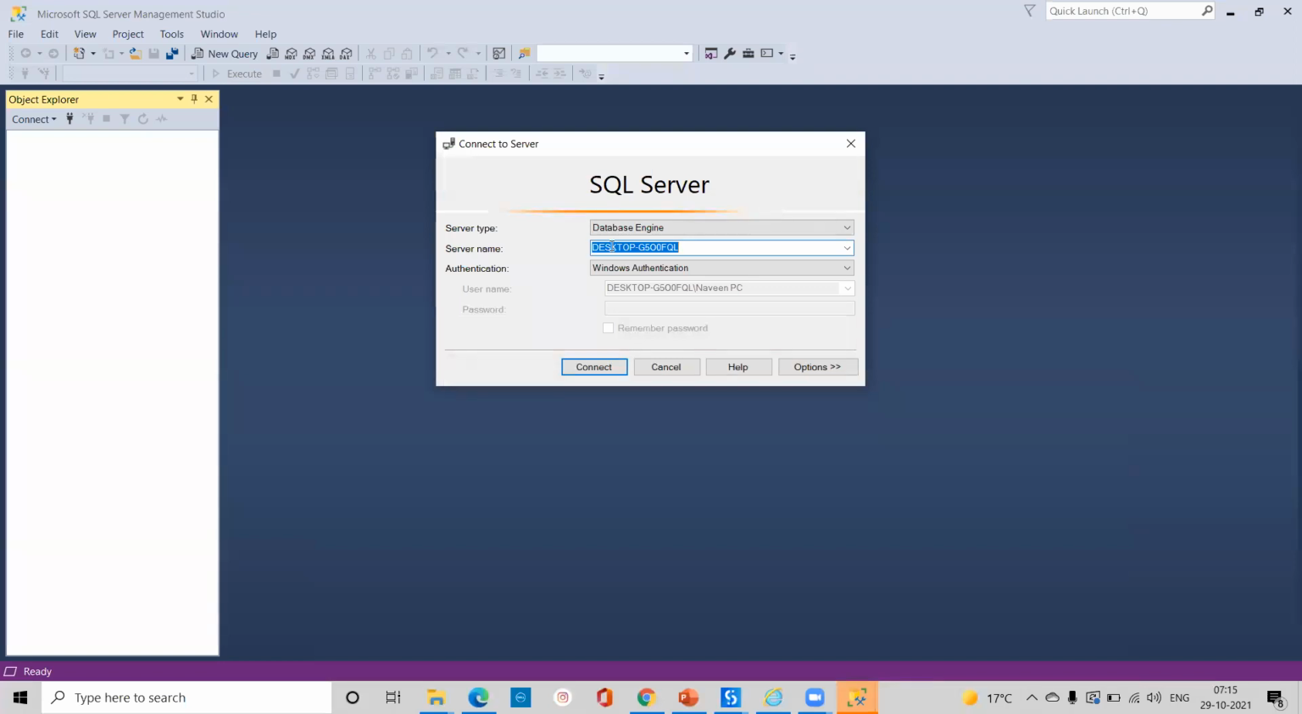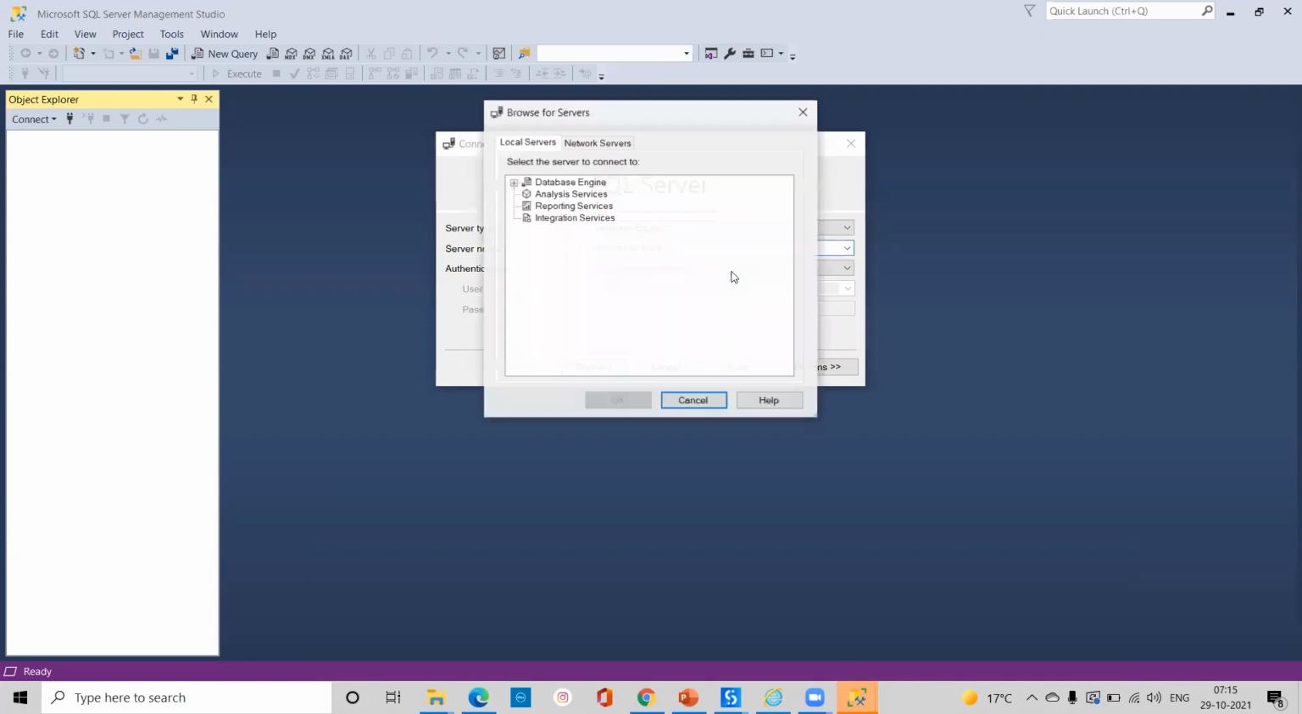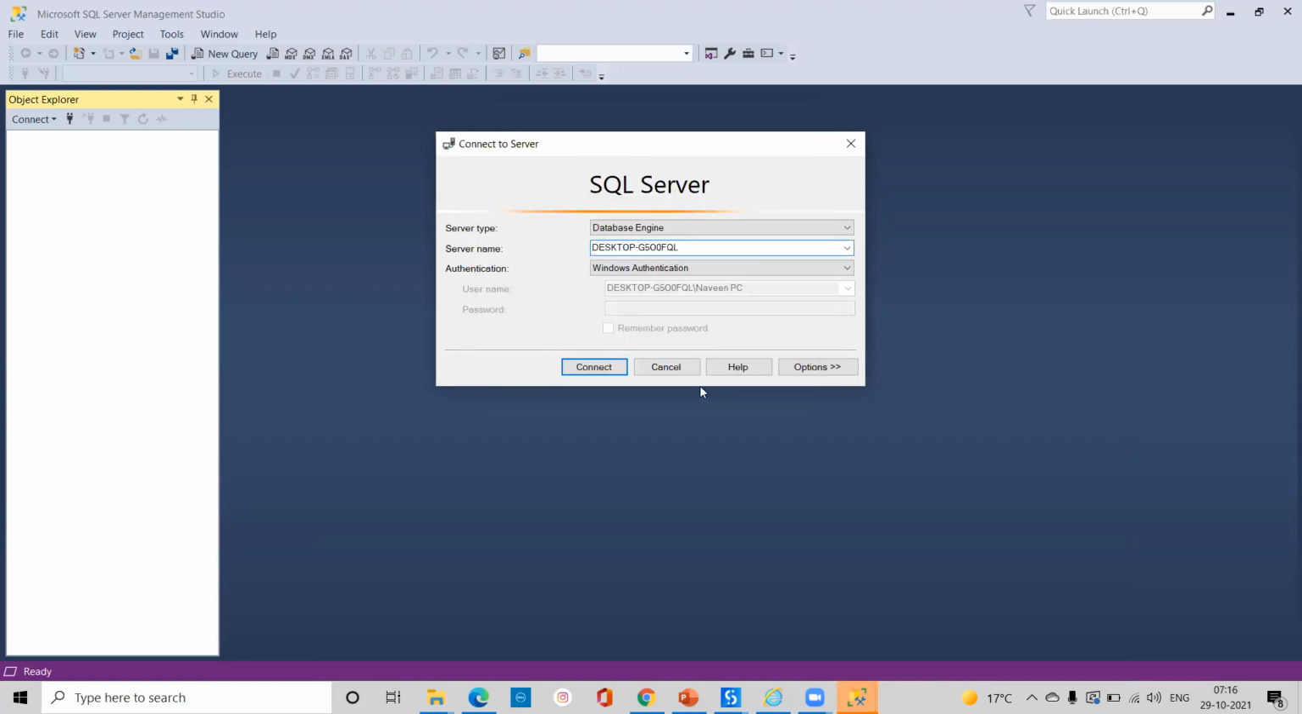Sometimes whenever you open it, you will get a blank. So you have to click on the drop down and click on Browse for more. There you can set the Database Engine. Sometimes if you don't get it, you have to uninstall your database and install it again. Okay. What we'll do right now, we'll click on connect and we'll start the